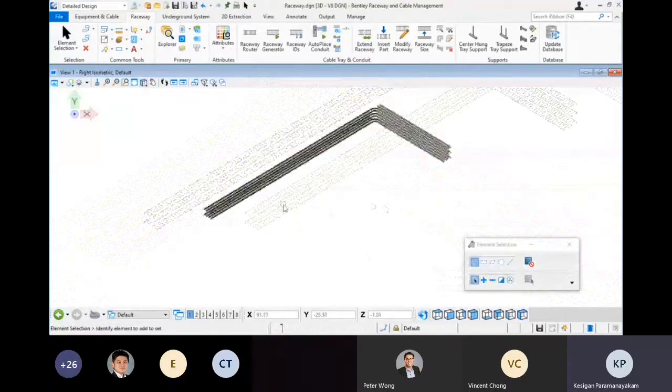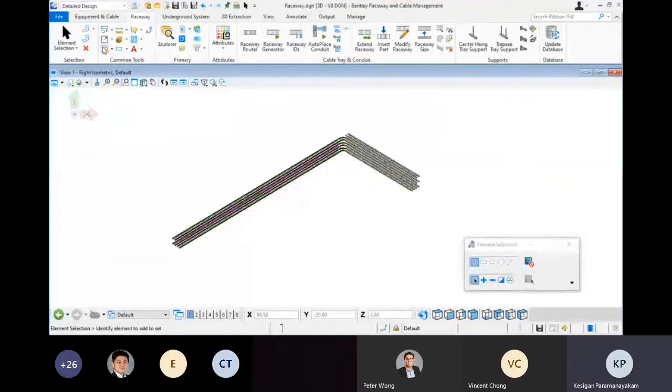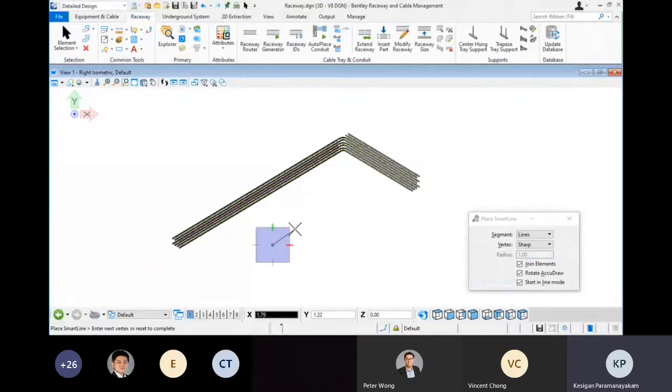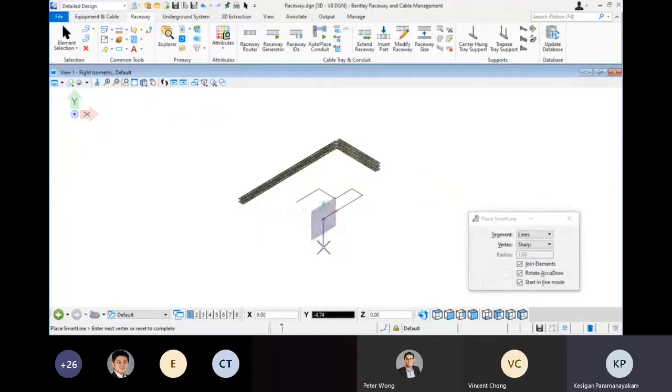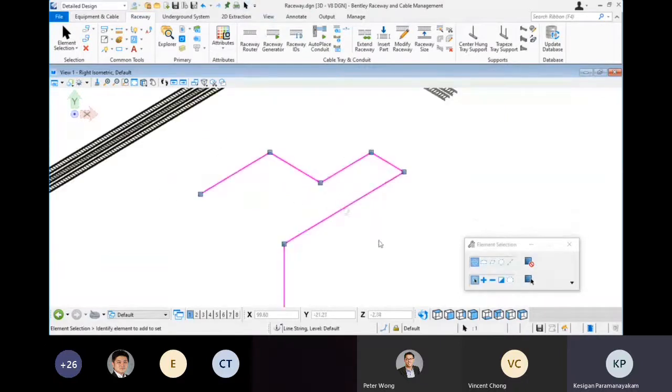So another great feature, the one I'd like to show you most, is actually where you can use lines to actually generate your raceway. So I'm just going to have some smart lines, and this is actually useful for people who have any CAD files with the actual raceway highlighted in lines. So what I'm going to do here is I have some simple lines here with some horizontal bends as well as vertical bends. You can go into raceway generator, click on the line,